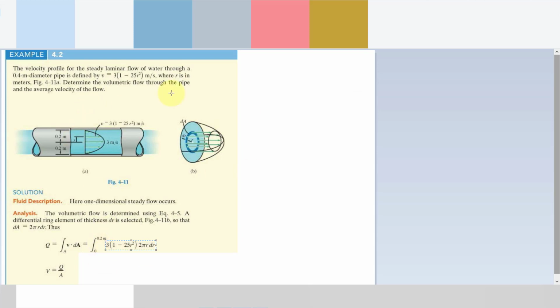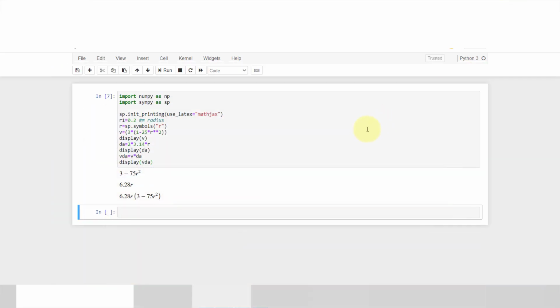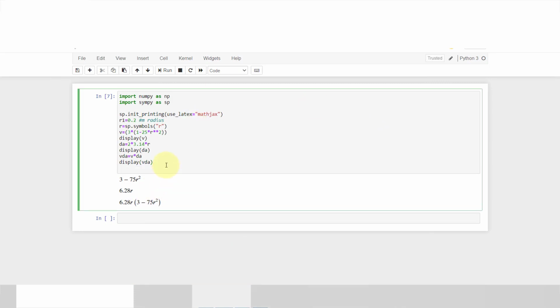Now I will integrate this function from 0 to 0.2 meter. Capital Q is equal to sp.integrate of VdA, with respect to r, where the lower bound value is 0 and the upper bound value is R1, so this 0.2 meter radius.